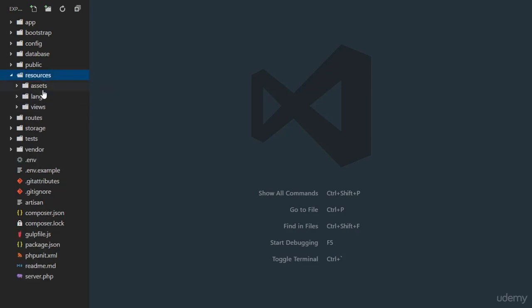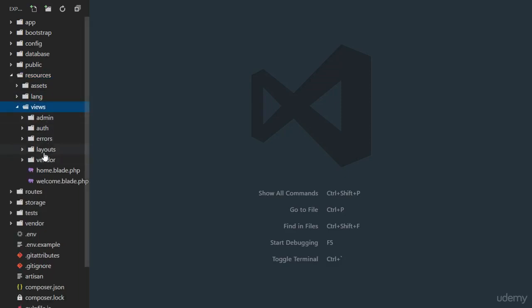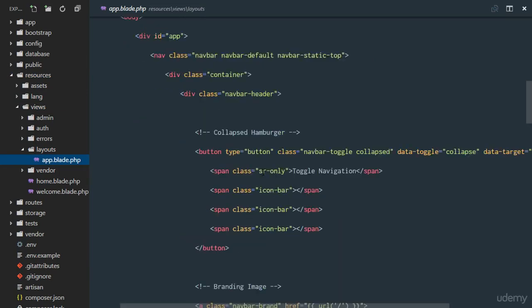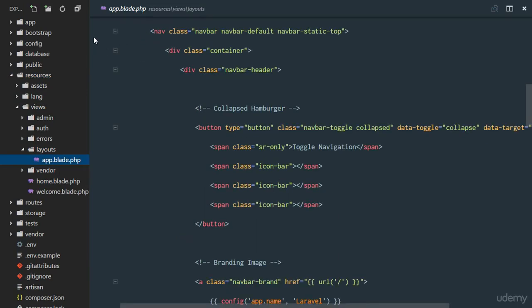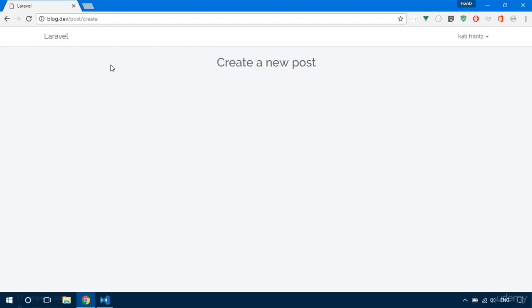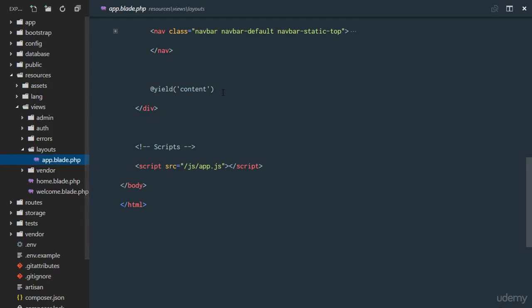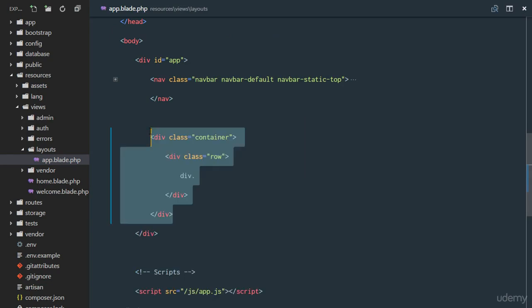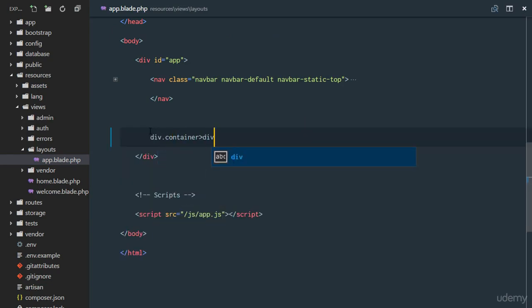So let's go to our resources, views, and in our layouts directory, we'll open the app.blade.php. So let's scroll down, and this is the top bar navigation right here. But what I would like to do is actually to have a navigation at the side right here. So what I'll do, meaning I can't actually display the contents here, I'll have to create a container. I'll have to create a container, and in that container, I'll have a row, and in that row, I'm gonna have a